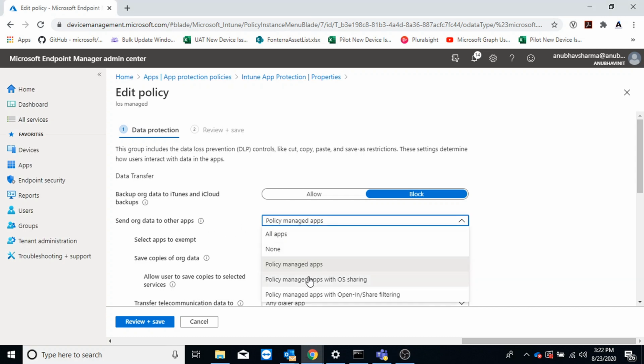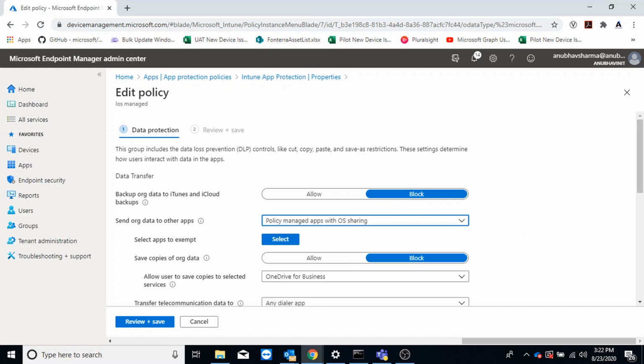Here I will select policy managed apps with OS sharing. What it allows us to do is send the corporate data to both protected apps which we specified in the list, and also allow file transfer to any app which is managed by Intune. So when I say managed by Intune, it means that that app has been installed on the device through company portal. So WhatsApp is already there on my device, but I will create a deployment of WhatsApp from Intune and